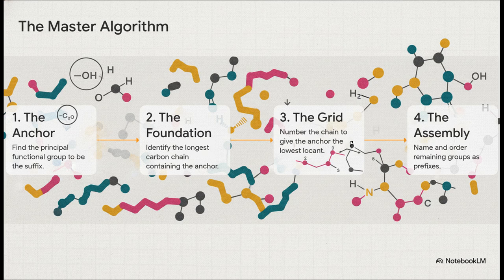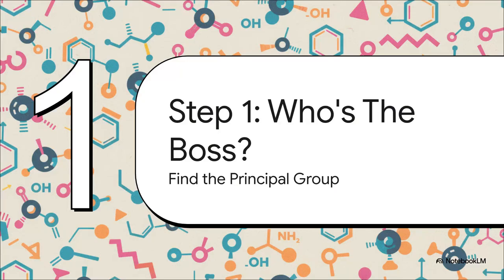First, the anchor. We find the most important part of the molecule. Second, the foundation. We map out the main carbon skeleton. Third, the grid. We lay down a numbering system. And finally, step 4, the assembly. We put all the pieces together to build the perfect name. So, let's dive in. All right, first things first, and this is maybe the most important step, we gotta figure